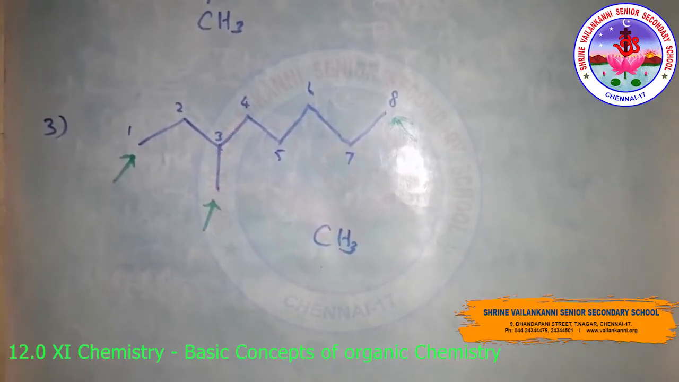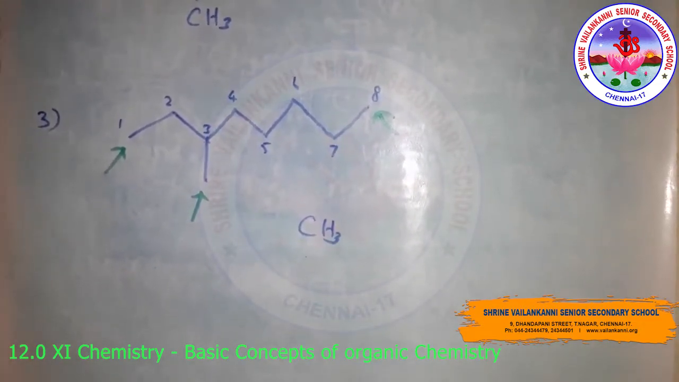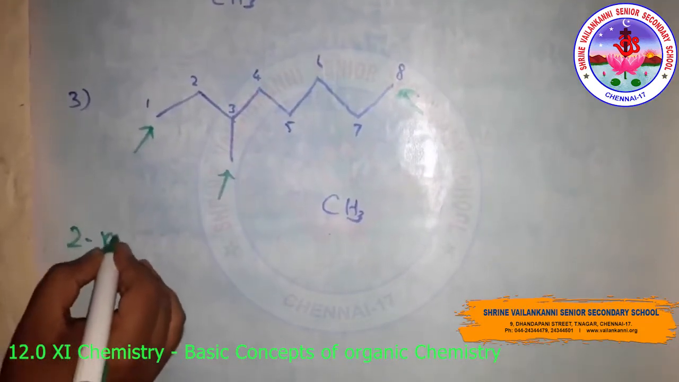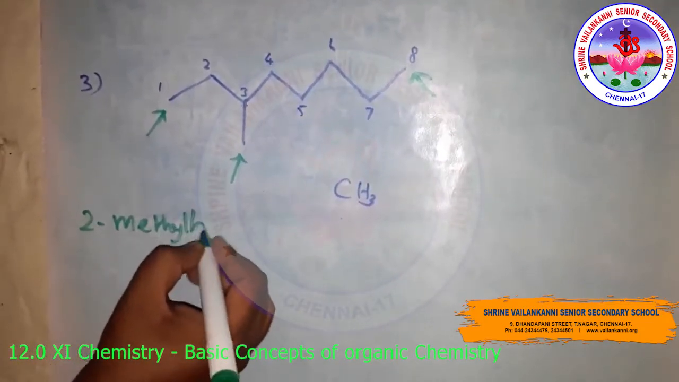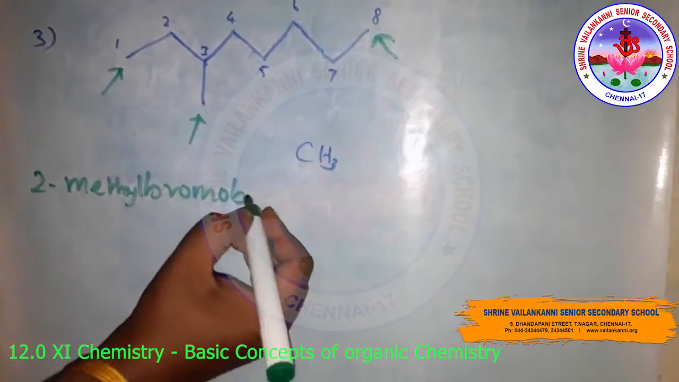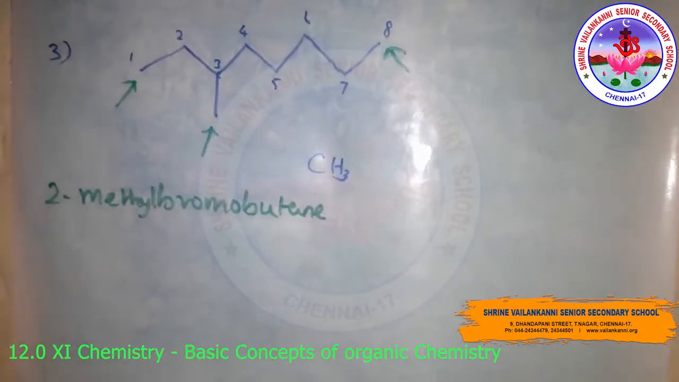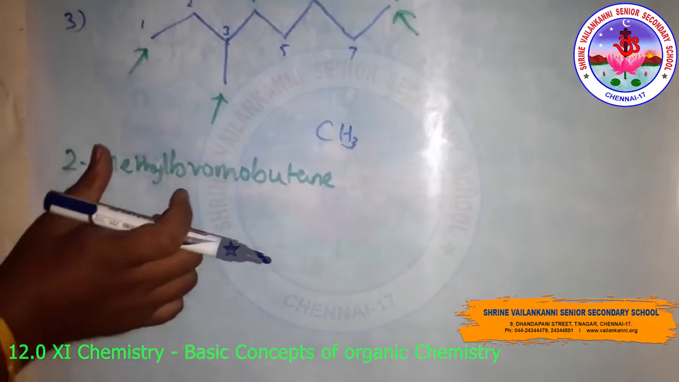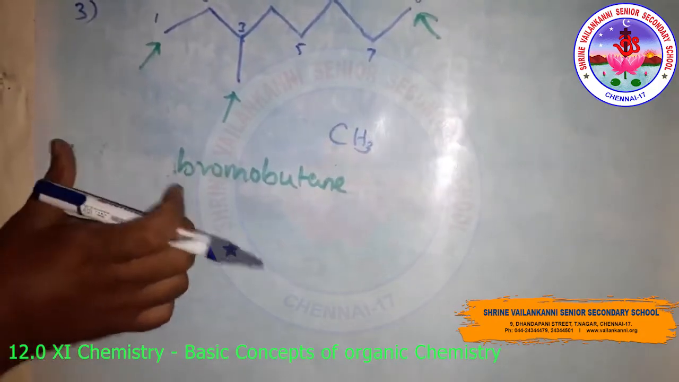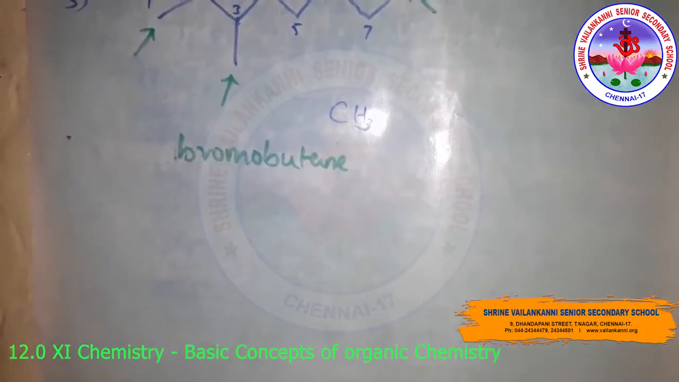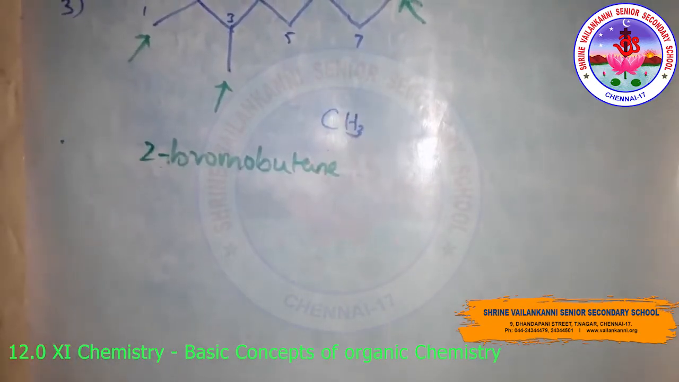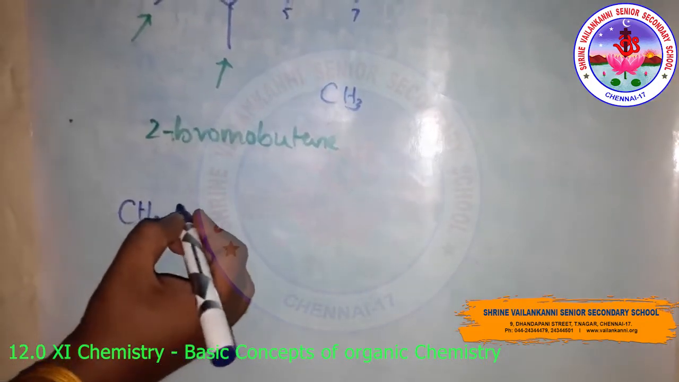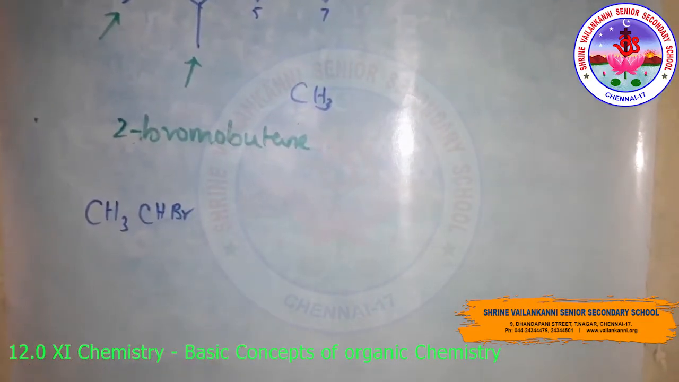Okay. Then the various ways of representing compounds containing a functional group, for example 2-bromobutane. So you can write it as 2-bromo, not 2-methyl. 2-bromobutane: if the second position has bromine, you can write it as CH3, CH, Br like this,